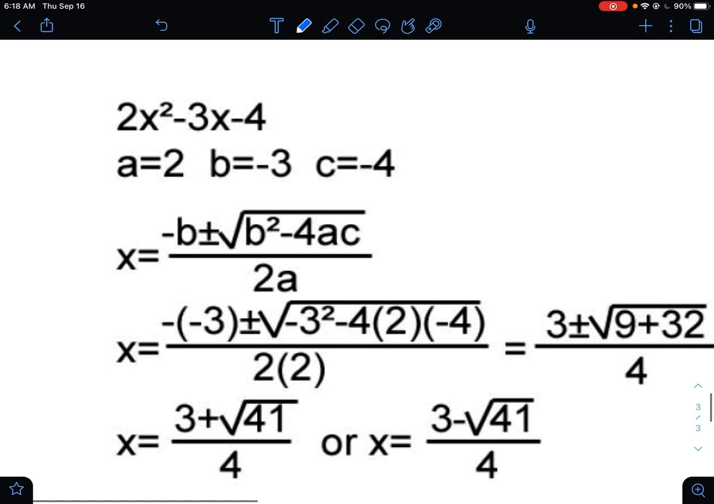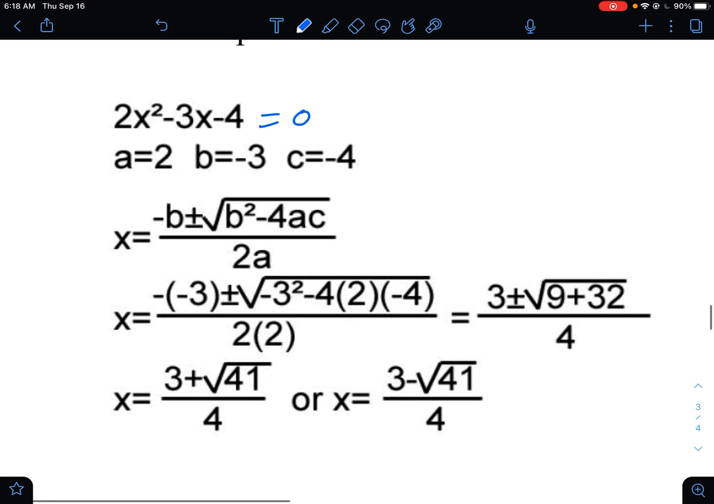Let's say we had an equation here which should be equaling 0. It should be equaling 0. And this term here is the a term. This coefficient here is the b coefficient, and this here is c. So a is 2, b is negative 3, and c is negative 4. And you put those numbers in the quadratic formula in these spots, where the a's and c's and b's are,